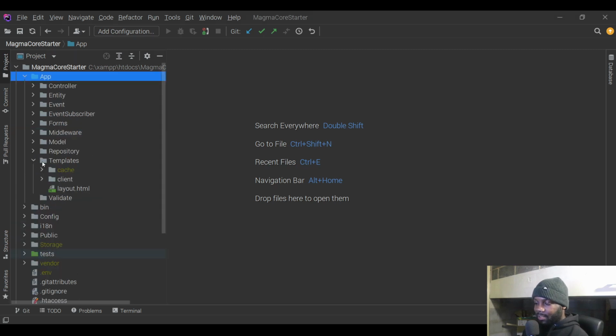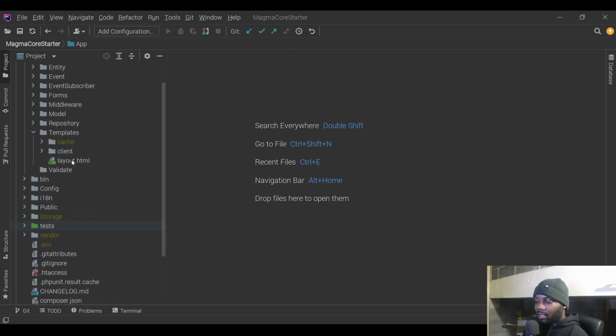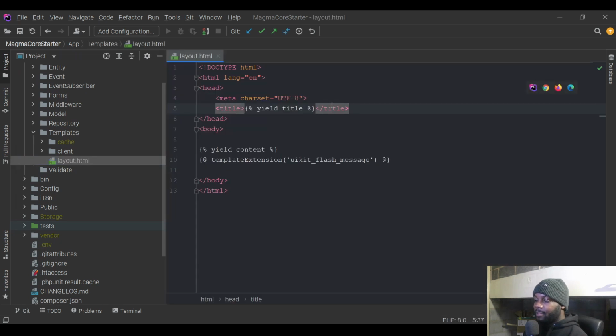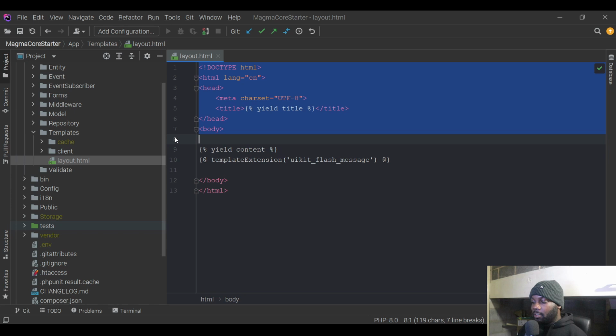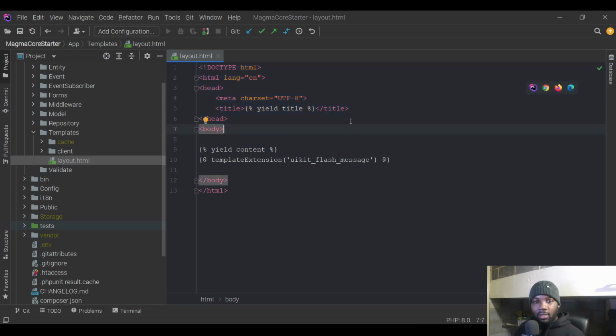In my templates directory, you can see we've got a layout.html file. Right now, this is the file that is going to be displayed on any template that extends this particular template. And you can see that we've got the document head that's defined within this layout template. Same with the body tag and the closing HTML tag. Right, so to display our content we use this yield